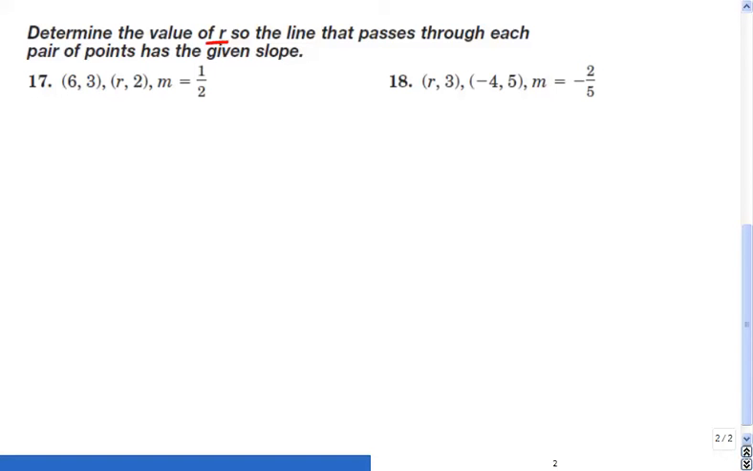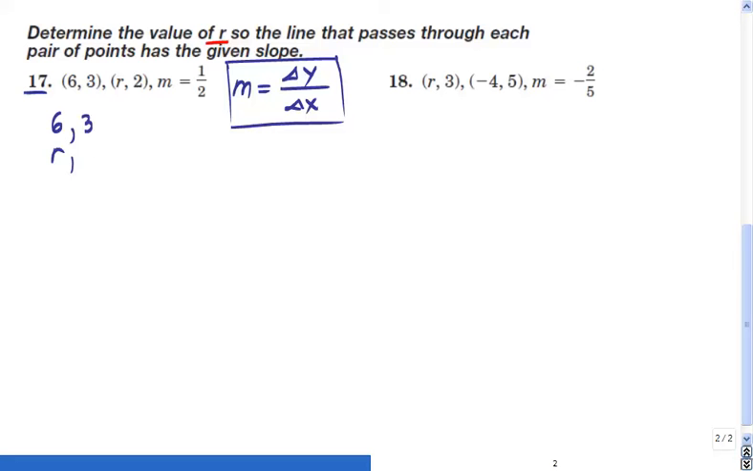So do you guys remember from the previous problems that we said that your slope is rise over run, or the change in y over the change in x, or y2 minus y1 over x2 minus x1. Okay, well, let's try to find the slope for the given problem number 17 by using the coordinates of the 2 points. So I have the point with the coordinate 6 and 3 and the point with the coordinate r